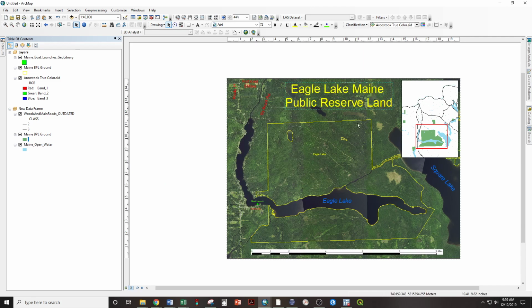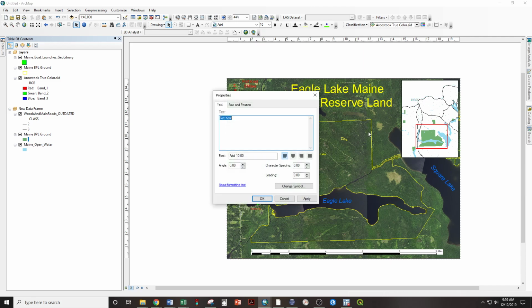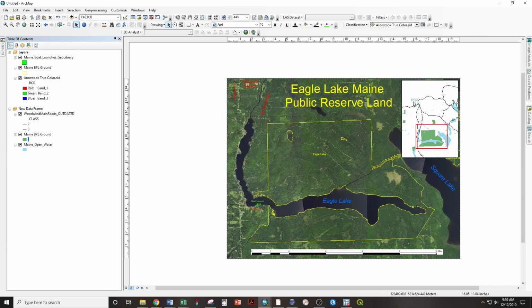So now we have a completed map, almost. We need to still label Fort Kent on here. So let's go ahead and label that with text, Fort Kent. And you could go farther on that and label Madawaska if you wanted to. You could label Citigat, Frenchville, Eagle Lake. You can label anything you want, but this is adequate to show the Maine Public Reserve